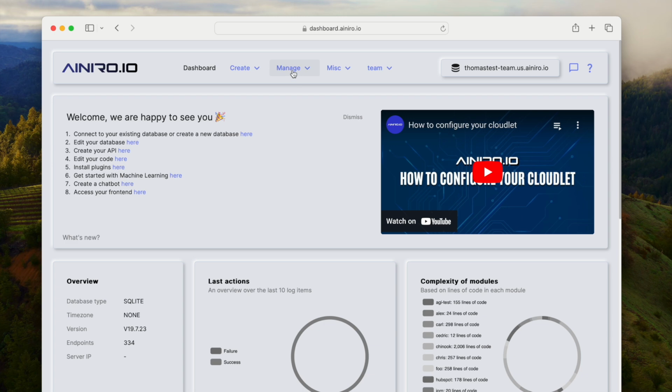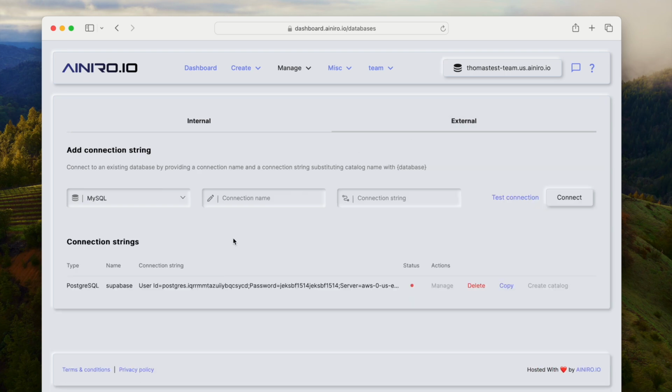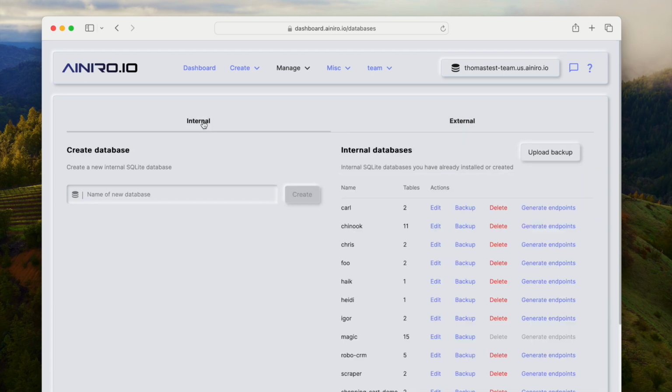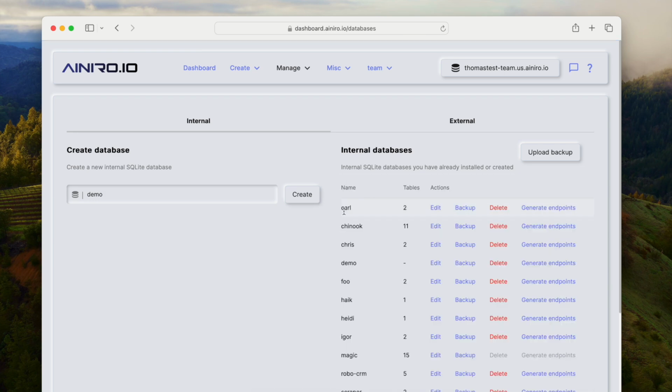Now, if you are inside of your cloudlet, you can go to manage, you can go to databases, and you can actually connect to any external database you've got laying around. You can choose MySQL, PostgreSQL, and SQL Server. I'm not going to do that. I'm just going to create a new SQLite database. I'm going to call it demo, right? Now I have a new SQLite database, and I can go to